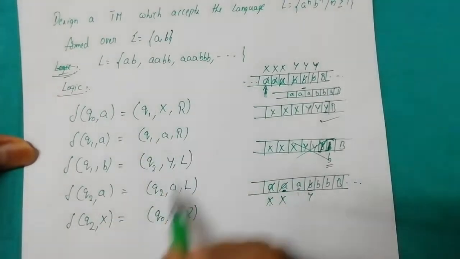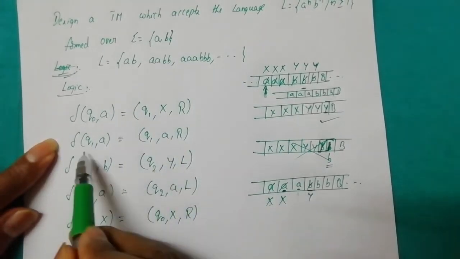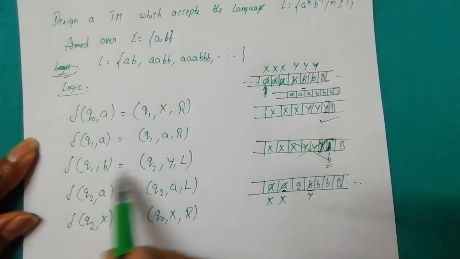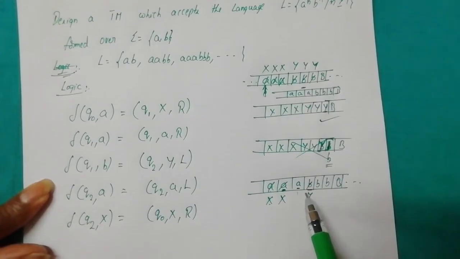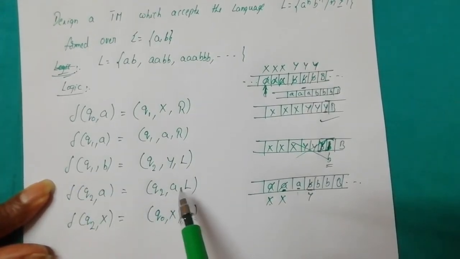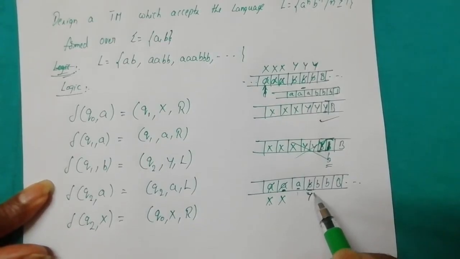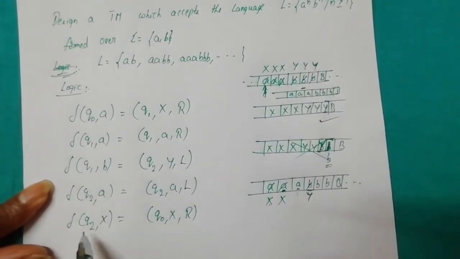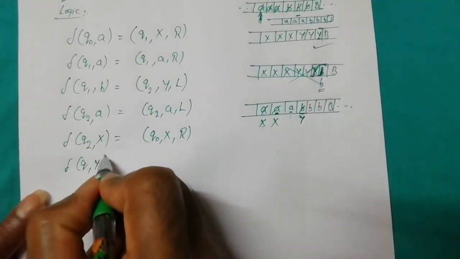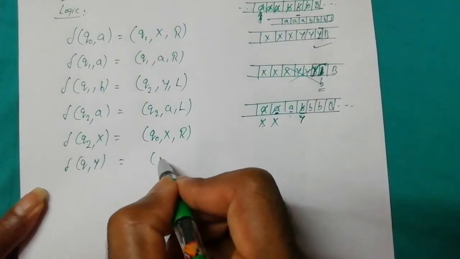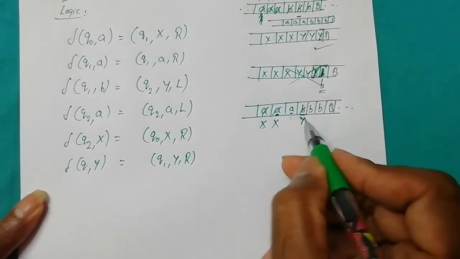Now the read/write head points to this cell. Now again this repeats. Now we are in the state Q1. Q1 will come across with input symbol A. We keep on moving. Q1 will come across with B. Since there are no Y's while doing the first transitions, but we introduced some new symbols, this B is converted to Y. So therefore now Q1 will come across with Y. We don't want to modify that content. Again, staying in the same state, we keep on moving to the right.